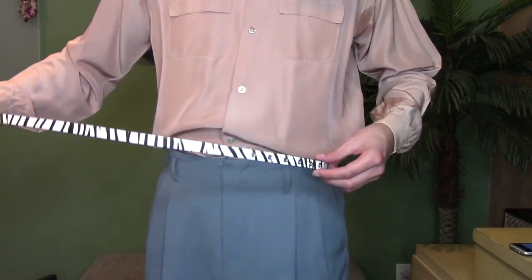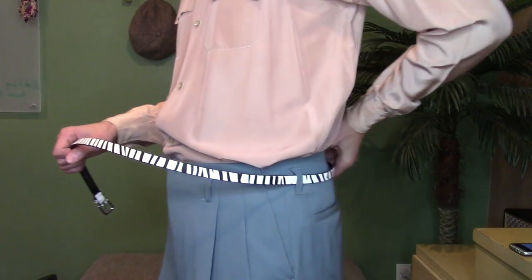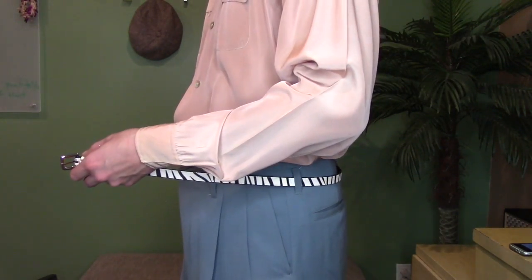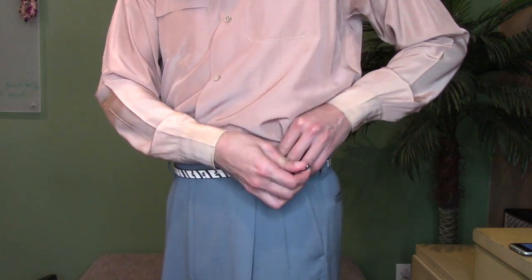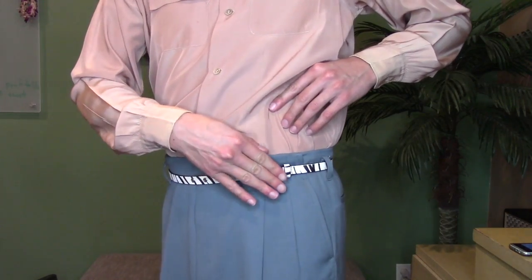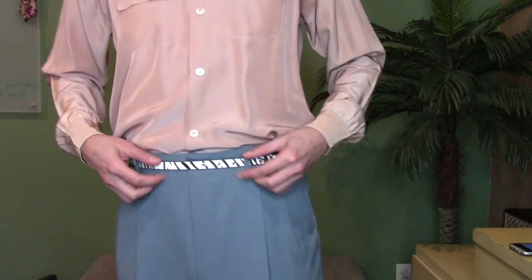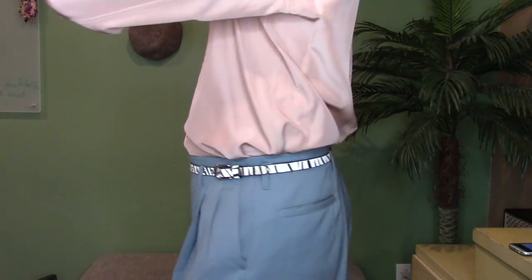Alright, to end this, I'd like to demonstrate one of the ways I wear my belts. I usually start off on the left side and I go all the way around, starting with the second loop. And that's just one of the ways the Hepcats wear them. Really, it just became a fashion statement back in as late as the 30s, and it carried on into the 40s, 50s, and I don't know about the 60s, but all I know is that this was definitely a fashion